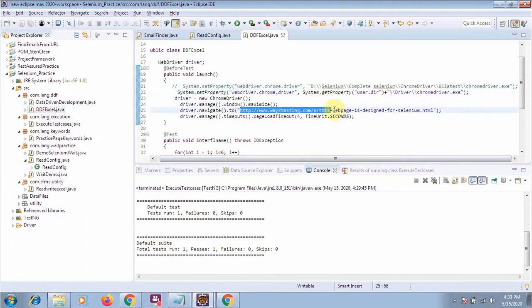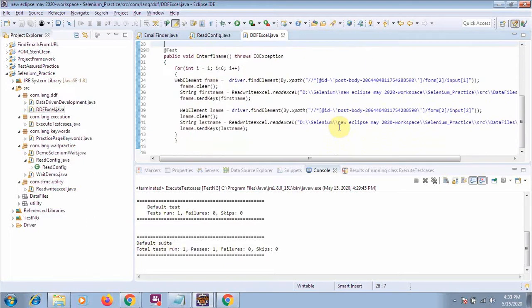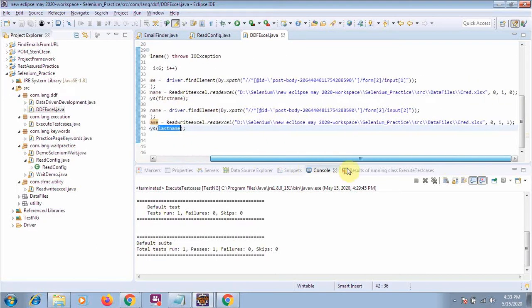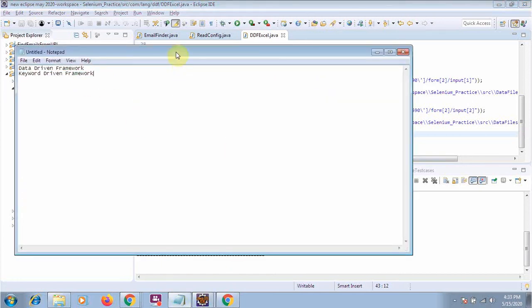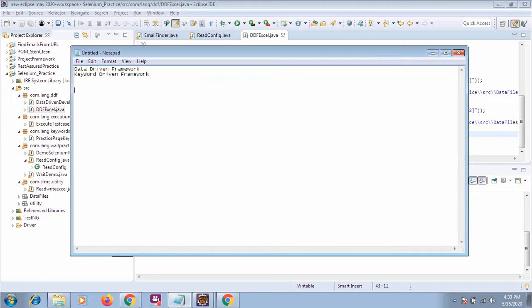Also for the URL, we are taking it from some hard coded value. And suppose there is a username and password, then we are taking it from here. So all the variables which are common for everyone in the project will be kept in the config.property file. It is very similar to a simple text file, but the extension will be dot property. You can put any name you want, but in general in organizations we give it the name config.property.